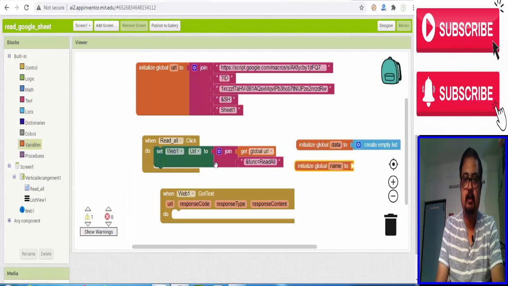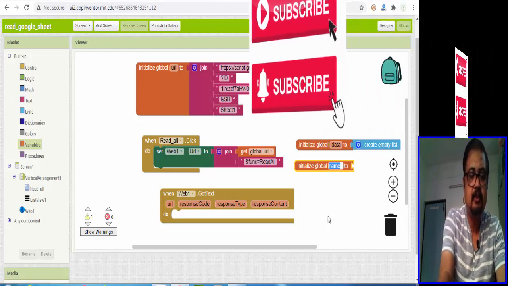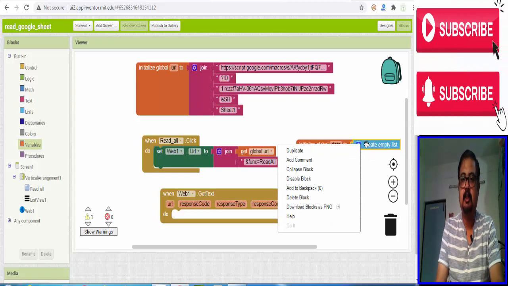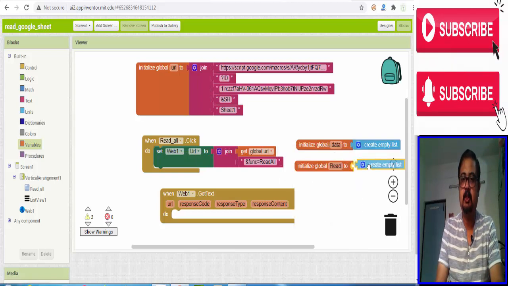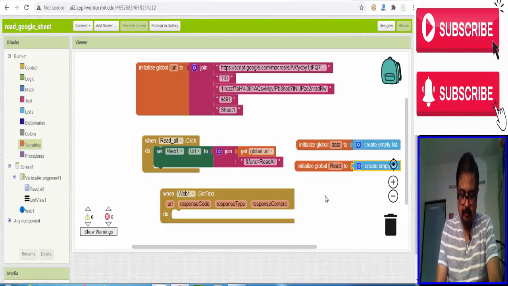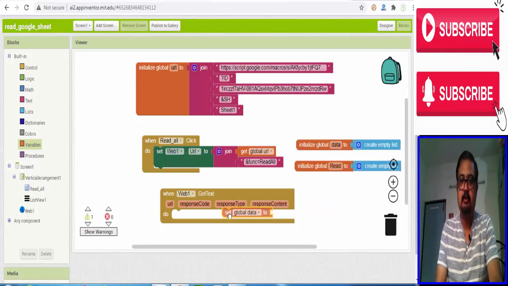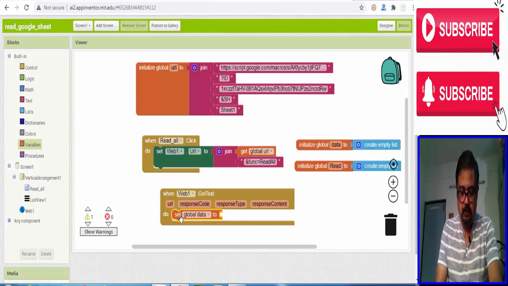Next, another variable taken, suppose naming read, and again it creates an empty list. So two empty lists we already created. Now this data will be set when we've got text. That time set global data to,